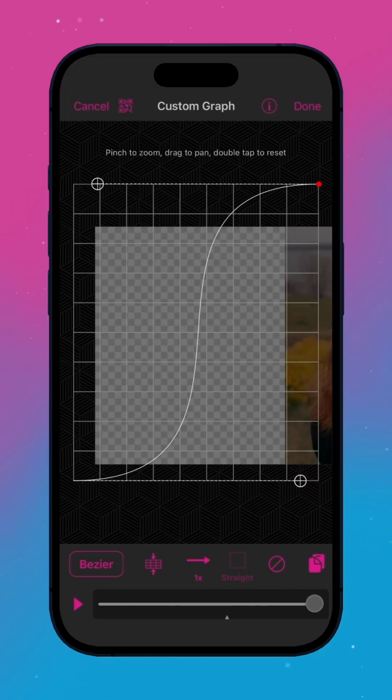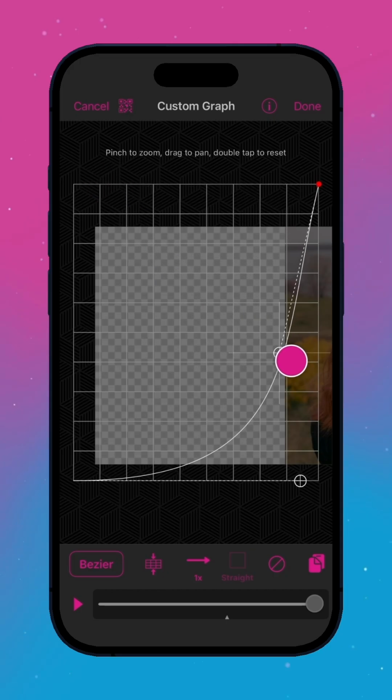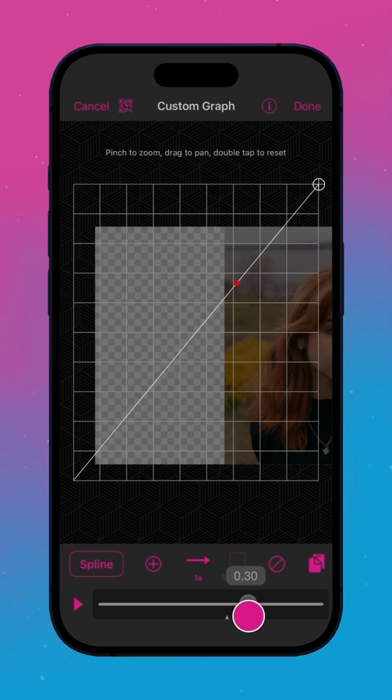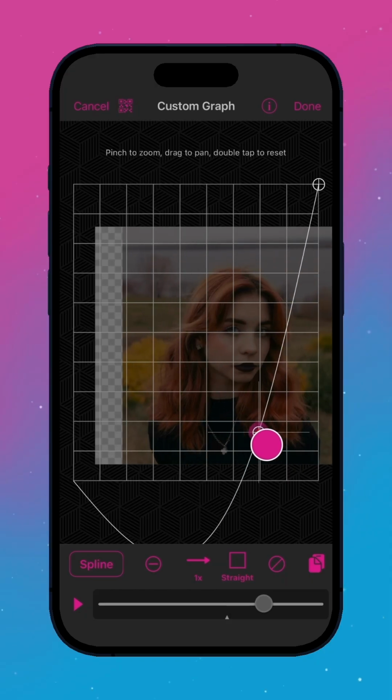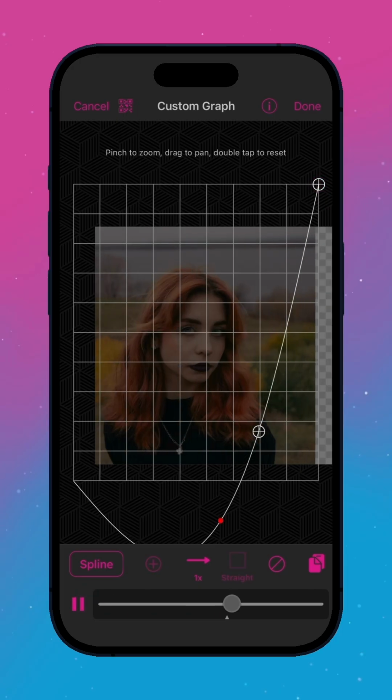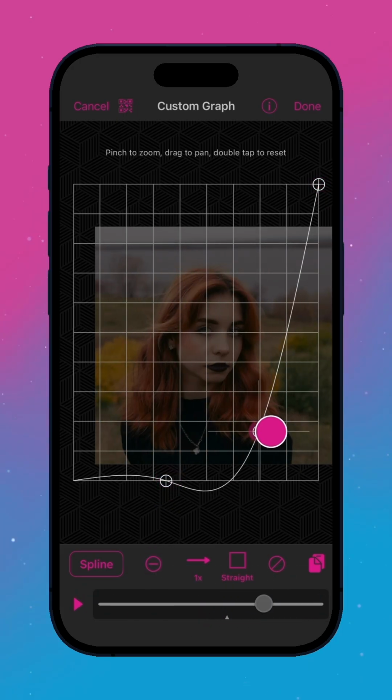When working with most basic transitions, an out graph is common for the first scene, while an in graph is common for the second. That way a transition starts at the end of the first scene and ends at the beginning of the second. To replicate this out graph using Spline, tap the plus to add a control point, then drag to position it. If the curve steps outside of the grid, the transition will bounce backward. To prevent this, add a second control point here and drag upwards.